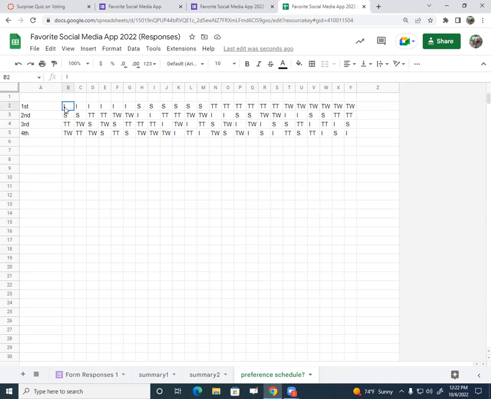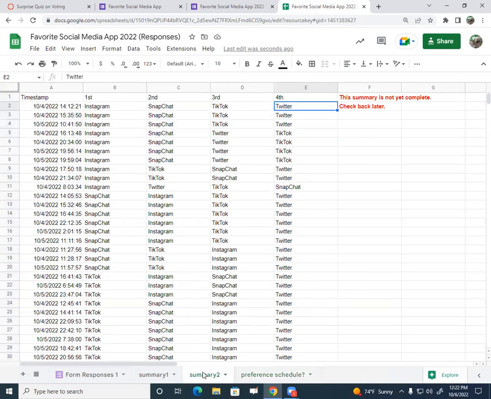And 4 times 3 times 2 times 1 is 24. So there are 24 different ways those could be sorted out. How many different ways did we end up with? So those preference